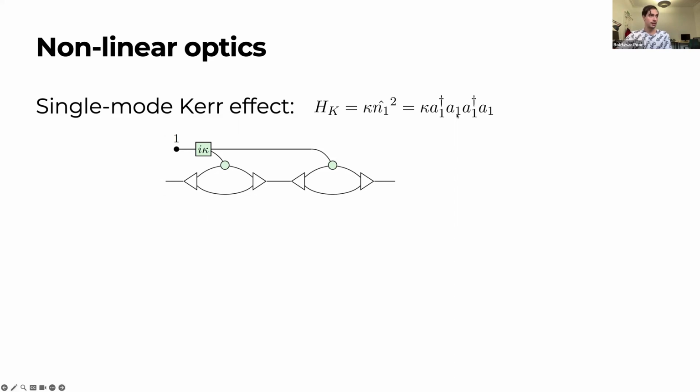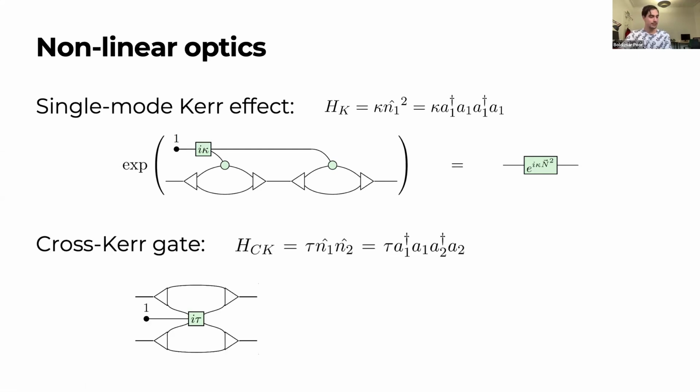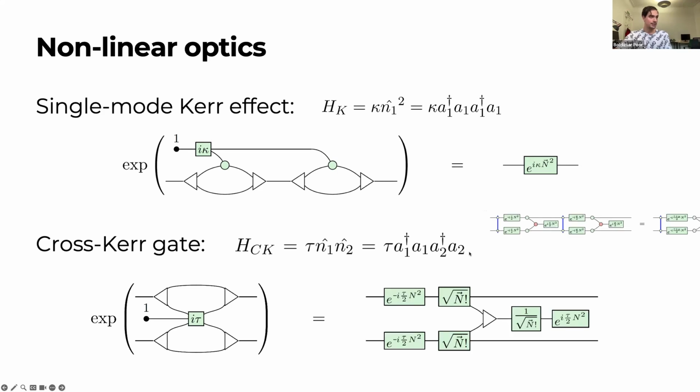The Hamiltonian is simply the product of two phase shifters, but then exponentiating it, you get e to the i kappa n squared. So this is where this nonlinearity comes in. And then there is the cross-Kerr gate, which is an entangling gate, and is given by the following Hamiltonian, and exponentiating it gives you the following